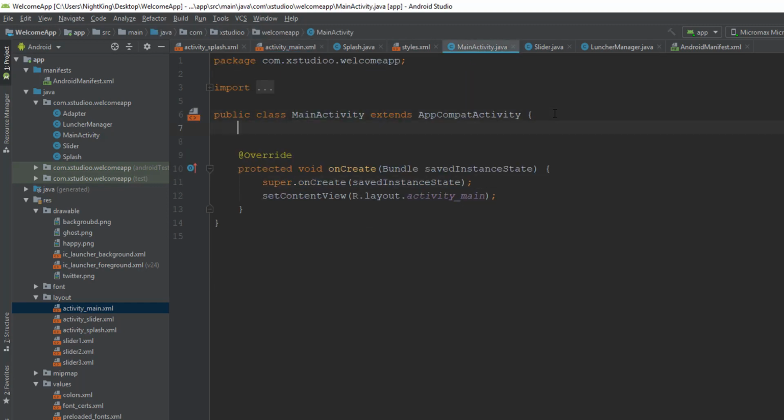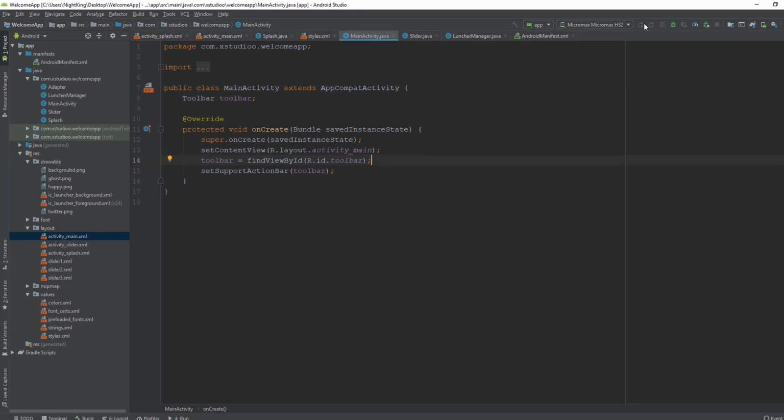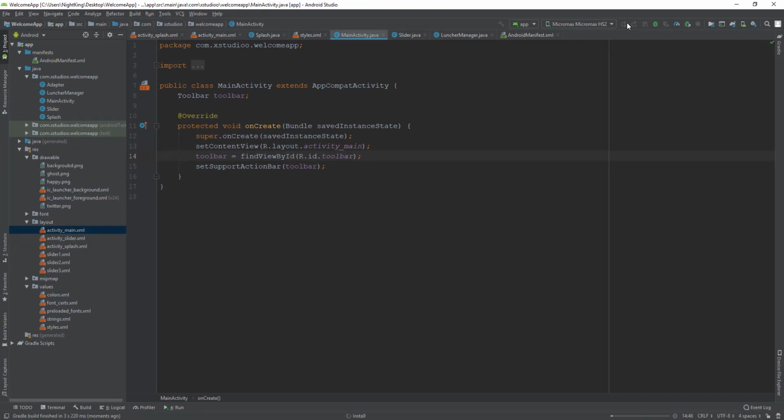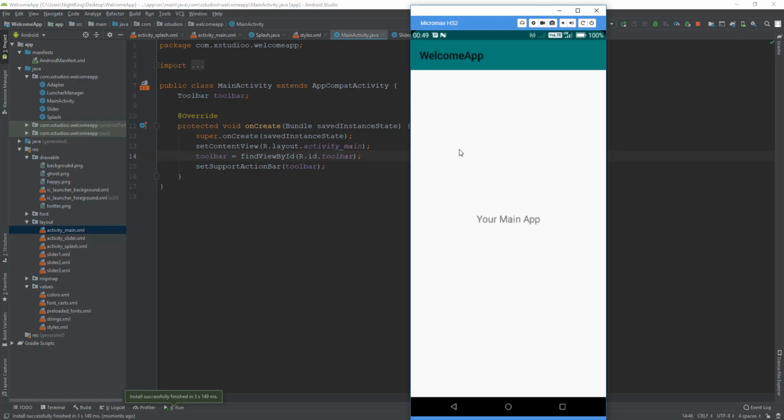So let me create the toolbar variable. It is the version 7 toolbar. Now I'll call set support action bar with the toolbar. Toolbar, find view by ID, R.id.toolbar. Let me run it now. It should work as expected. Let's see. Okay, it is working,